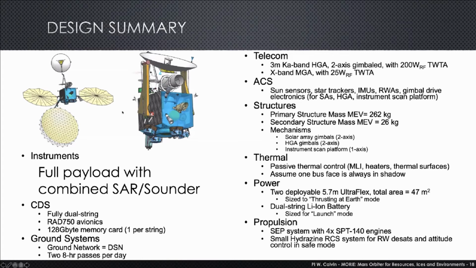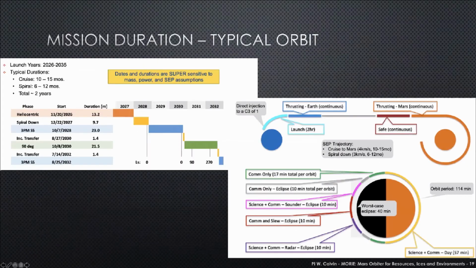And I'll talk in another slide about where the instruments go and are looking. So we baselined a 2-year Mars mission, 2 Mars year mission. With solar electric propulsion, it takes about 2 years to get there. So the first orbit and spend a full Mars year in that 90-degree Mars orbit, and then transition back to sun synchronous at the end. And so that's so we can see a full Mars year, both polar caps in both observing orientations.